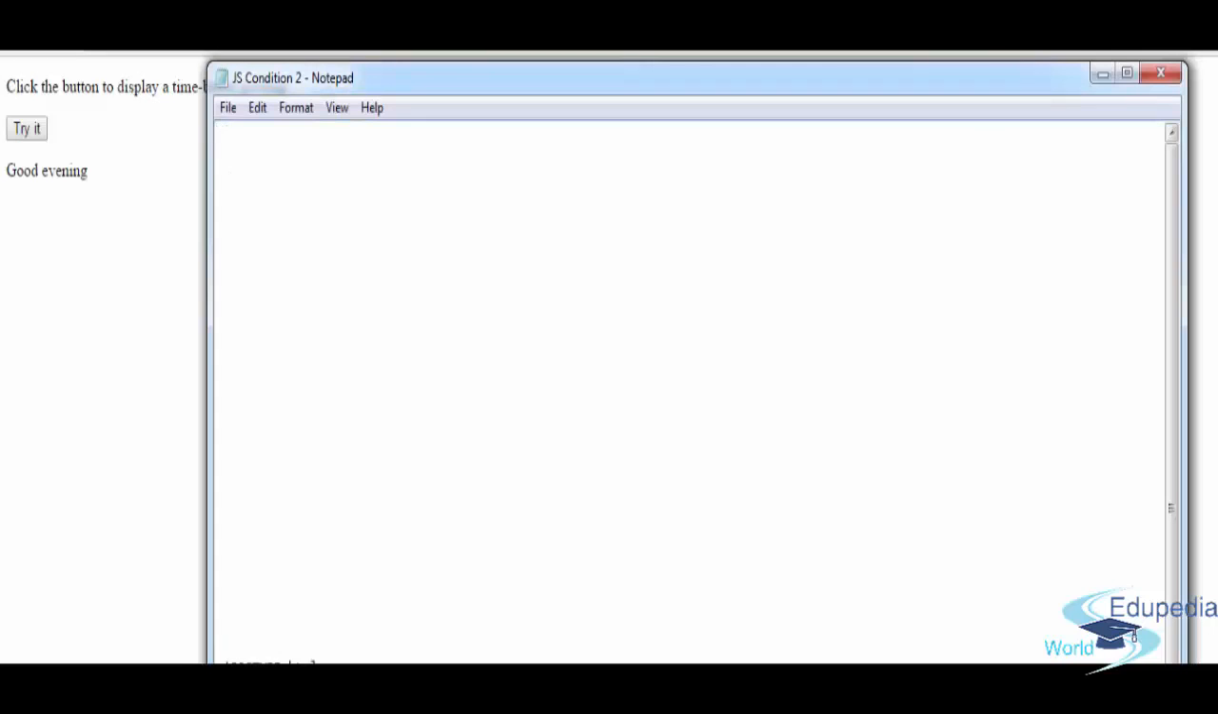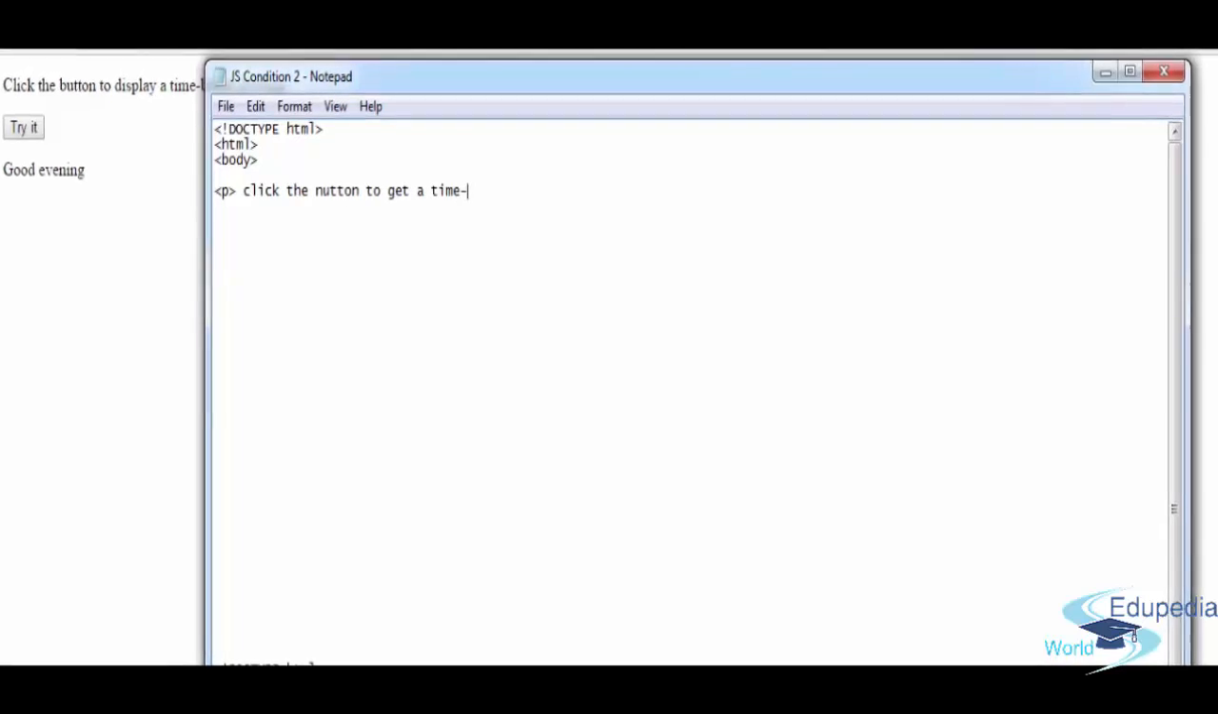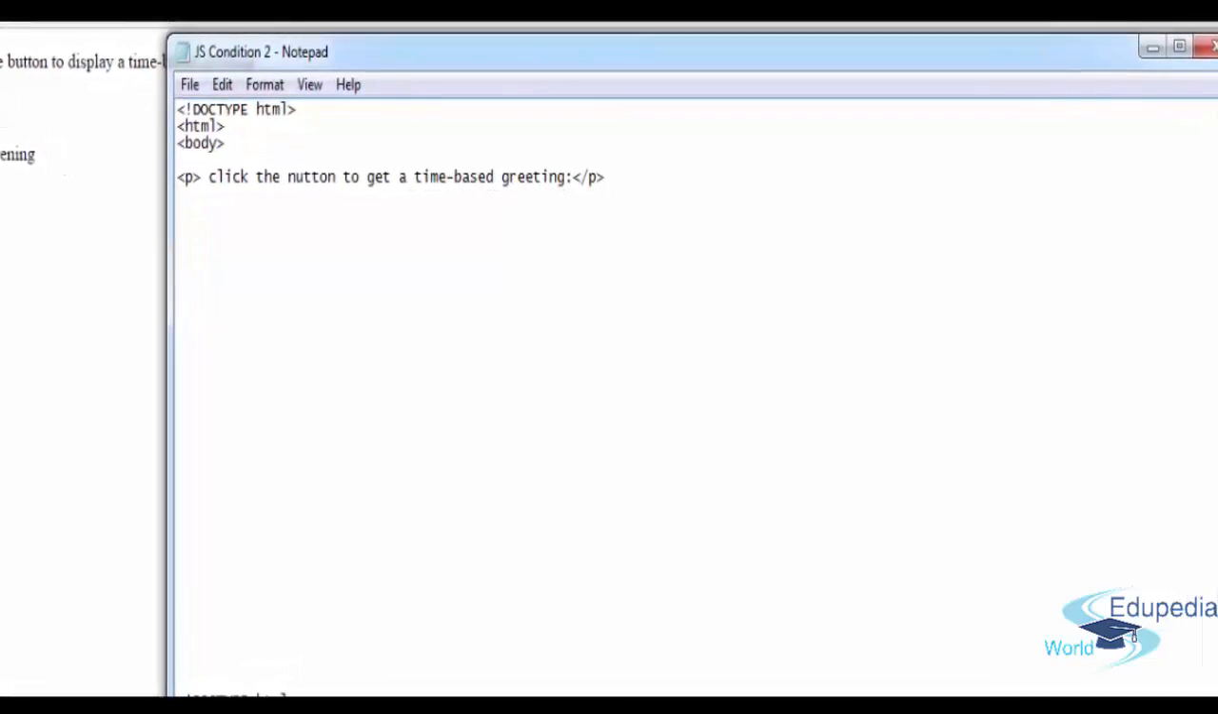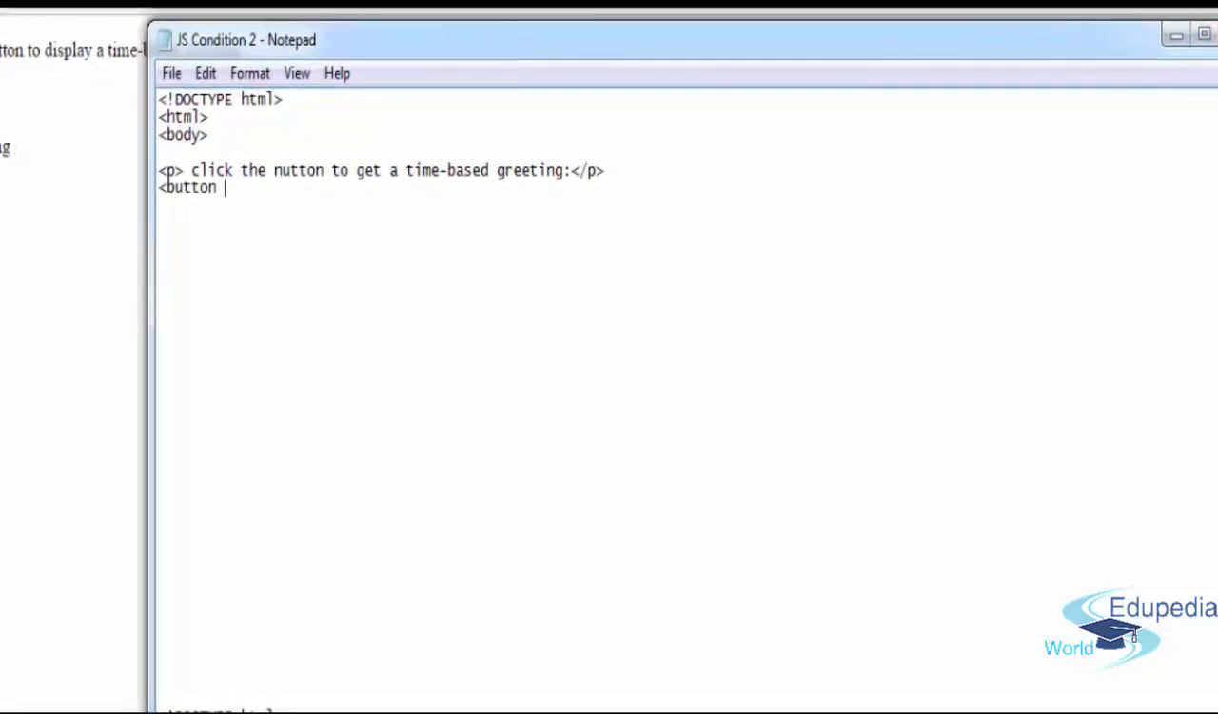Alright, there is another type of condition called else if. You finish the if, we did the else, now there is else if. Doctype HTML, open up the HTML tag, open up the body tag, open up the paragraph tag, click the button to get a time-based greeting. Okay, and this paragraph, and open up a button on click